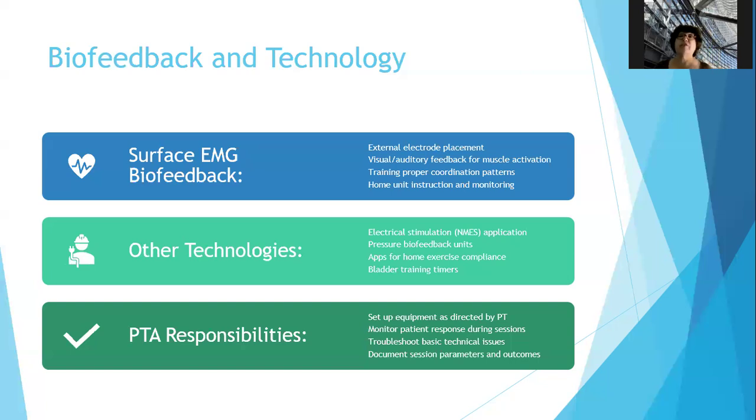Under the direction of the PT, we might be setting up biofeedback equipment. So there's external electrode placement, and it's a little device that looks like a little TENS unit sort of, but you put the electrodes on and it gives you a visual and auditory feedback for when you're activating muscles. So you can use it for other muscles too, but for pelvic floor muscles, you can use them. And it helps to train proper coordination patterns, and it gives someone visual and auditory feedback of when they're contracting the muscles. So we might be instructing the patient on how to use their home unit and how to monitor their